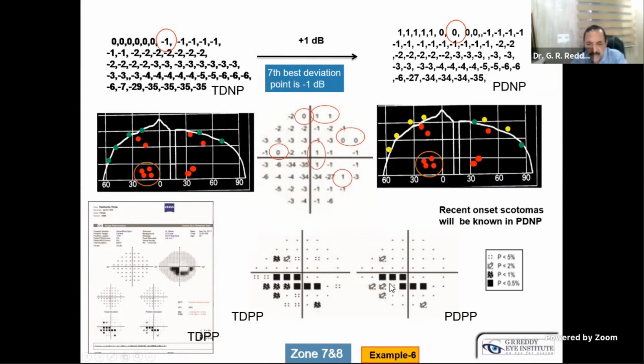By elevating 1 dB, see for example, these scotomas, this is the representation of p-value less than 1%, it became p-value 2%. So that means actually we can know this is progressing. Here by seeing the pattern plot, we know this is progressing in this direction, because by adding 1, they disappeared. They became p-value of 1% became p-value 2%. By identifying this change in p-value, we can